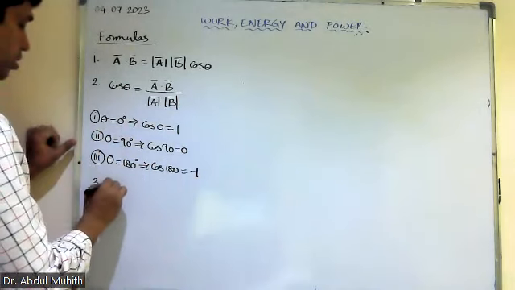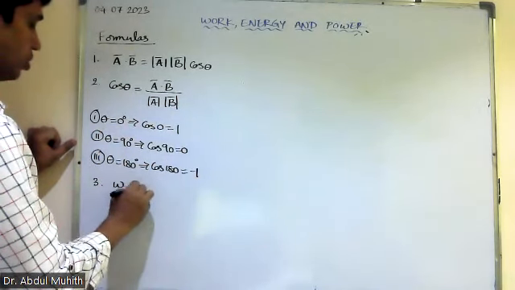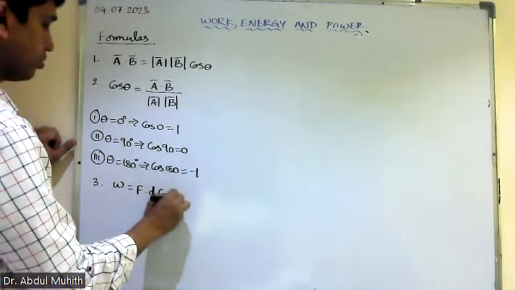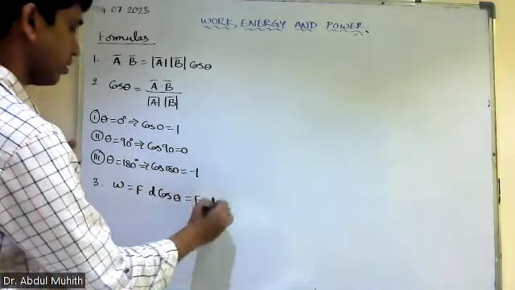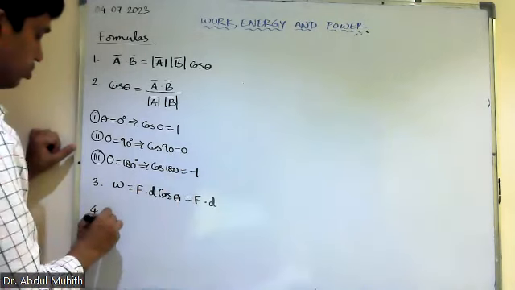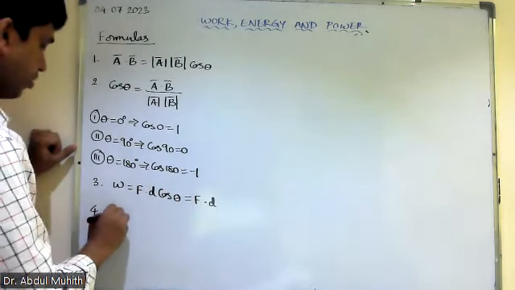Third one, we have work done equal to force into displacement, F into D cos theta. Or also we can write F dot D. Fourth one, so we have what? Kf minus Ki is